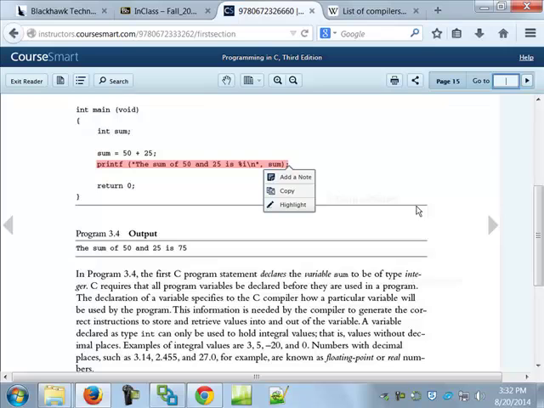It's called a format specifier. It says what comes after that comma, which is sum, must be of type integer. So if I had made sum of type float or type double, the program would blow up there. Does that make sense? Because you're mixing data types. Right here? In here? No, because then it'll literally print out the word sum.